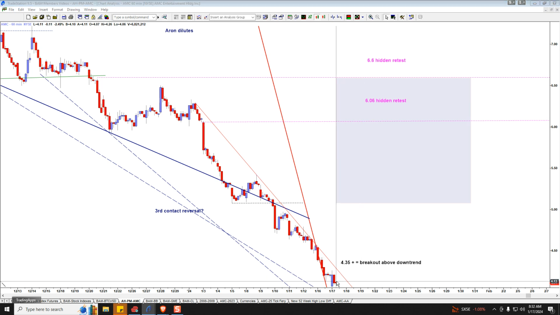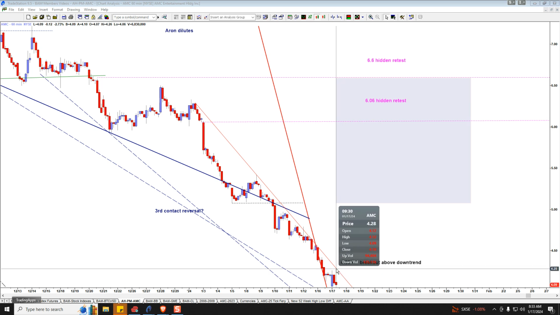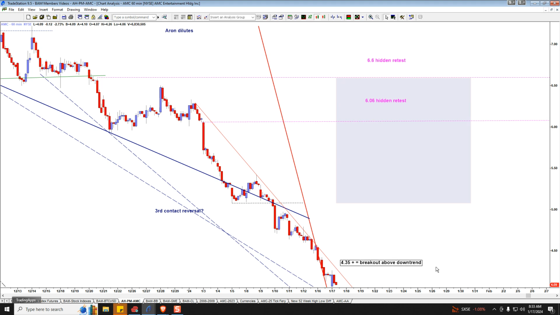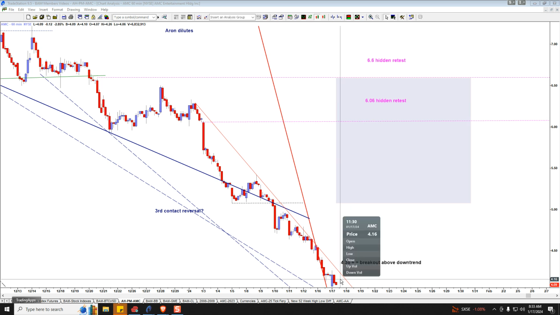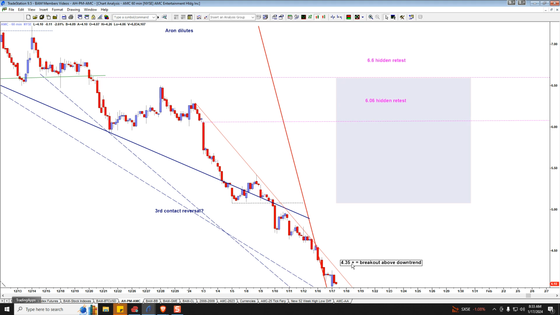So, depending on when the break would take place, if it happened during this bar here, which we're into a new hour here, this is PST 8:30 to 9:30 price bar, if we were to move up during this time period, the break would be, call it $4.30. I'm saying 435 plus because moving forward, that's a safe number. If we were to move sideways for multiple hours today and then make the break tomorrow morning or later in this session, it would be lower. It would be more like $4.20. But 435 is a real safe number to keep in mind for this downtrend line here,